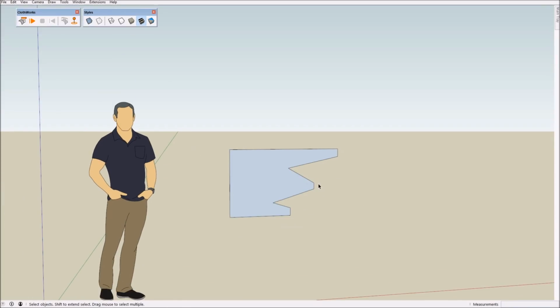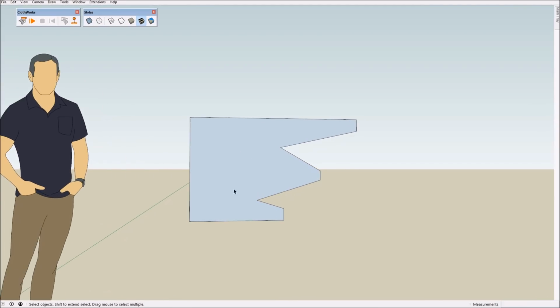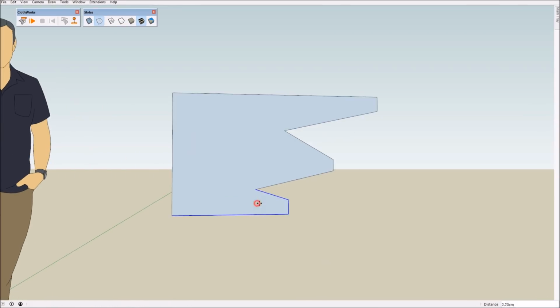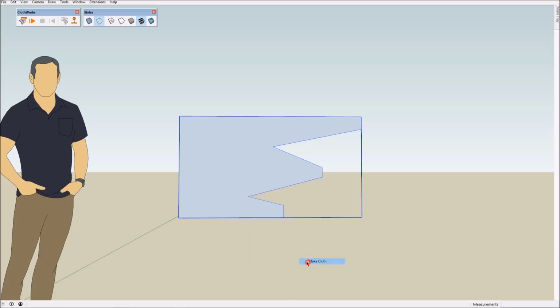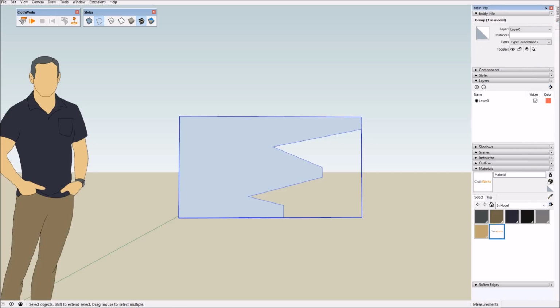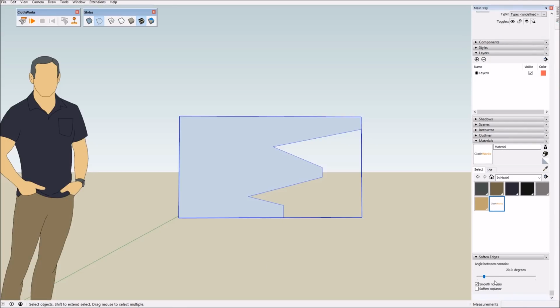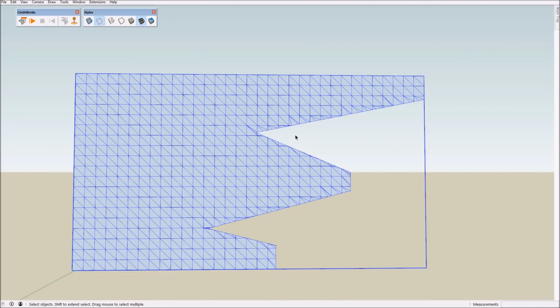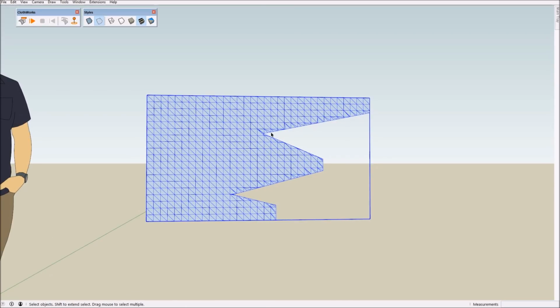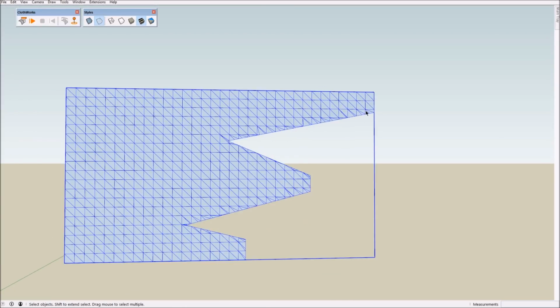Now, this is where a crucial difference between simple grid and smart grid comes in. Let's first adjust a little bit. Okay, this looks fine. So we group it, and if we apply a simple grid, let's say, smoothing the corners, soften edges, and there. If you look at the grid, you see that at the edges that are not aligned to the axis, the grid looks very